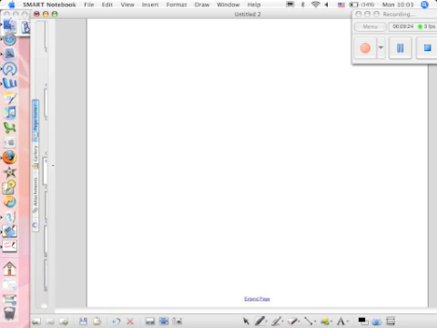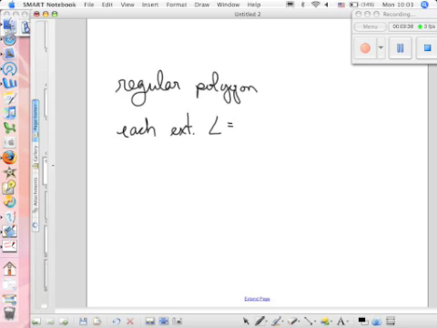Now suppose I said this. There is a regular polygon and each exterior angle is equal to 10 degrees. How many sides are there? Well, if the polygon's regular and I divide 360 by the number of angles to find out what each angle is,